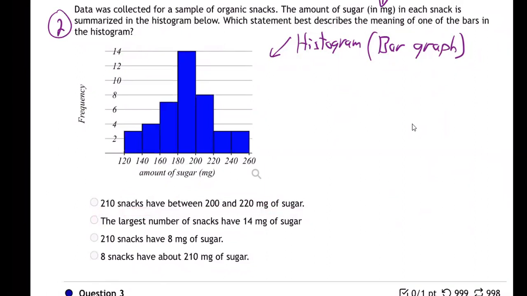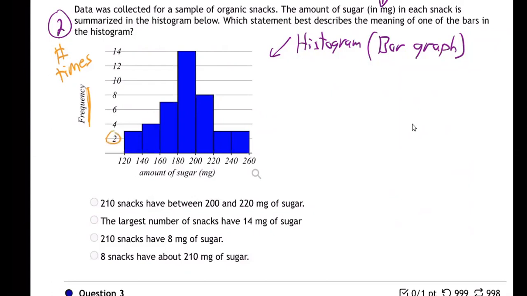210 snacks. Well, we better read this to make sure. What is this thing saying? Look down here, amount of sugar, and look over here, frequency. We've had frequency before. What does frequency always mean? You remember, frequency means number of values, or the number of times something happens. In other words, for these different snacks,